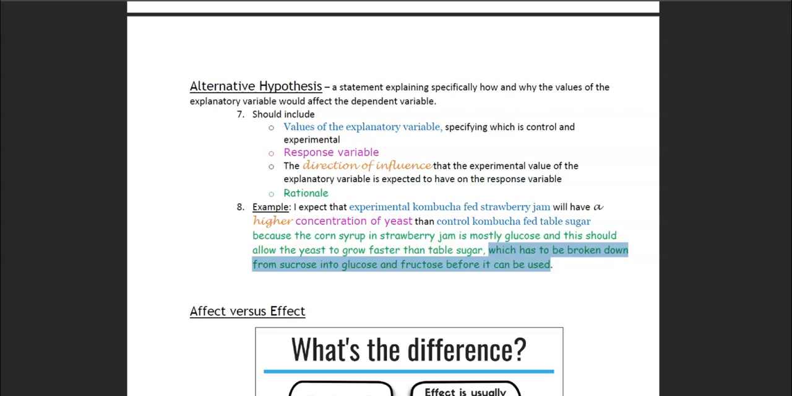Hello everyone. In this video for the Kombucha Lab, we're going to talk about alternative hypothesis and discussion and the explanation that needs to go with both of those. So alternative hypothesis and discussion are secretly almost the same thing. Alternative hypothesis, right, is what you think is going to happen and why, and discussion is what actually happened and why. And so the way that you write them and the type of information that you need to provide is